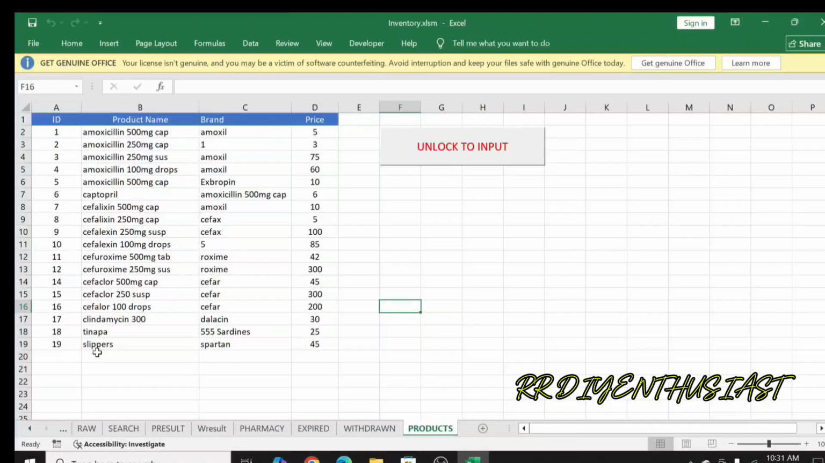It is very important to have that product ID, because in any brand there are different types of products. It could be a 500 milligram capsule, 250 milligram capsule, suspension, drops, etc. So basically in one brand it has different milligrams. So the ID plays an important role to distinguish the particular product. Now you have to go back to the main